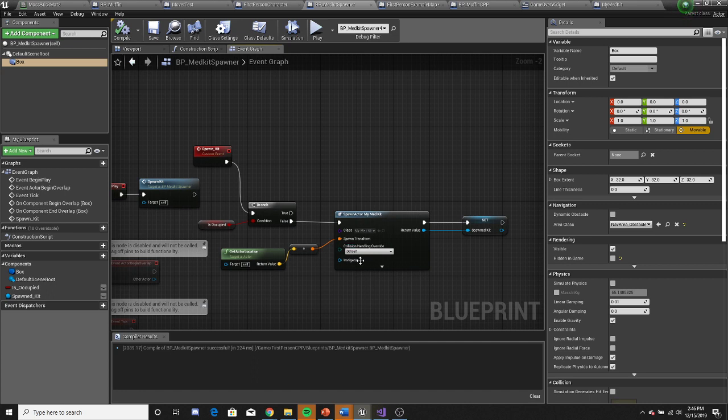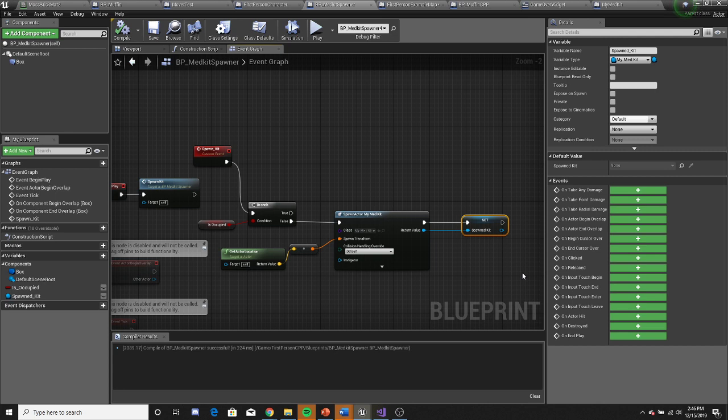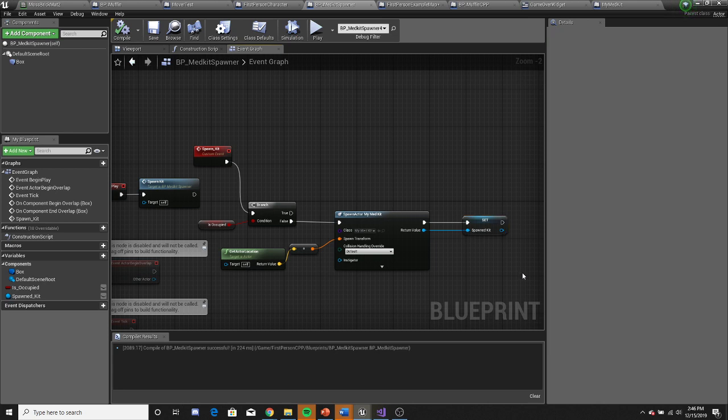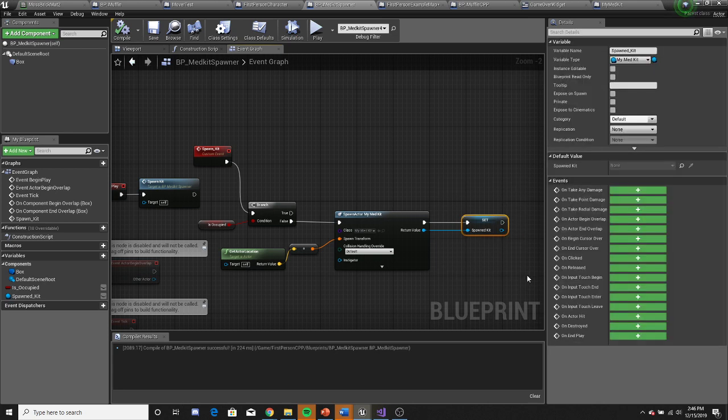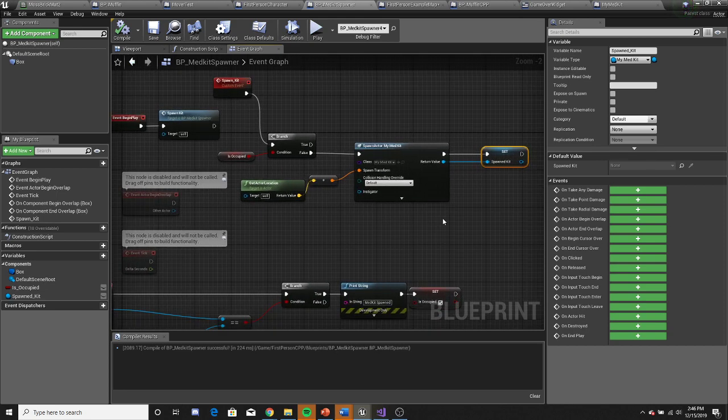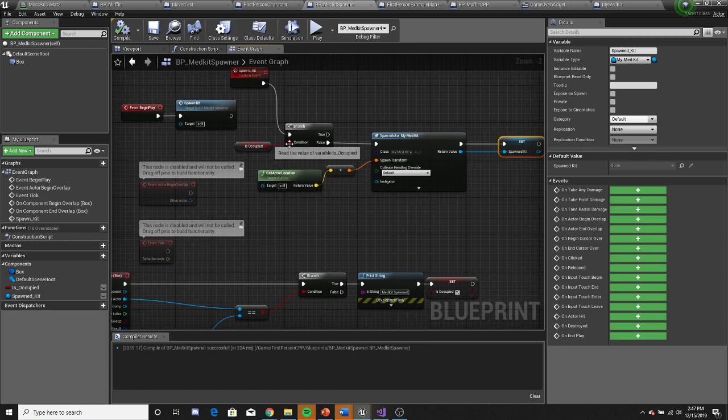And then once it spawns it, it sets that specific spawned kit to its own variable, which is right here, which is important. I realized that instead of using get all actors of class, this specifies a specific object variable, and whichever one spawns gets its own variable, which is very important because since I have multiple kits being spawned, this allows me to despawn and respawn the specific one I'm looking for. So now that it is occupied,